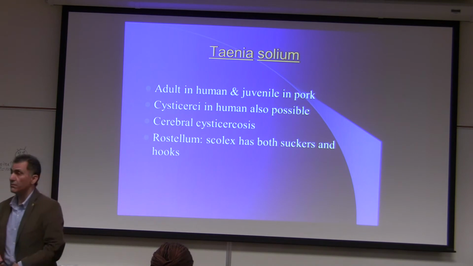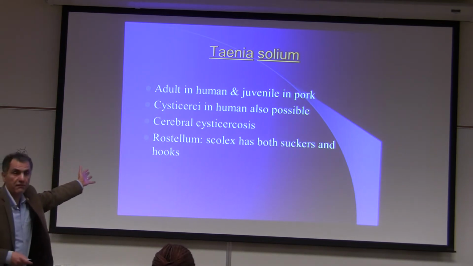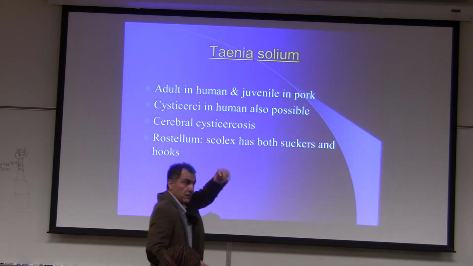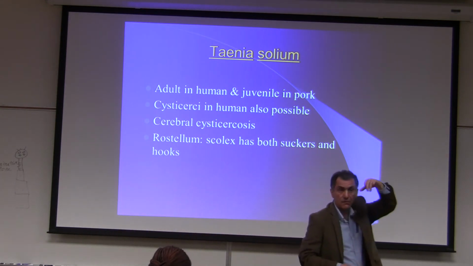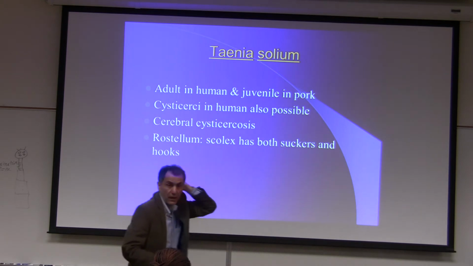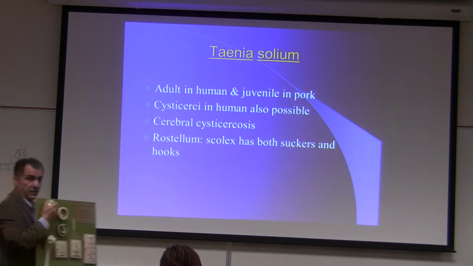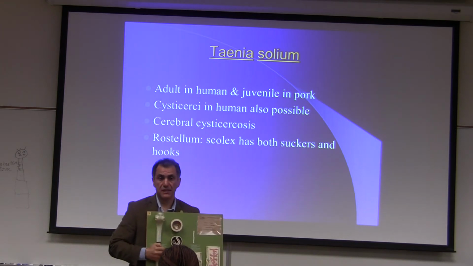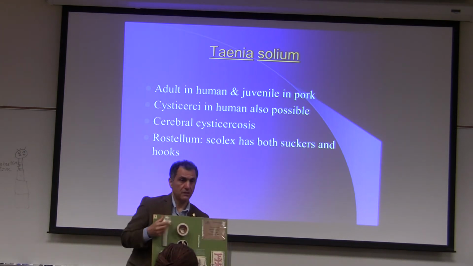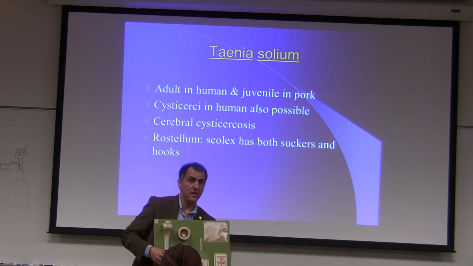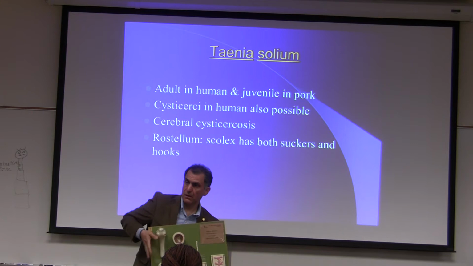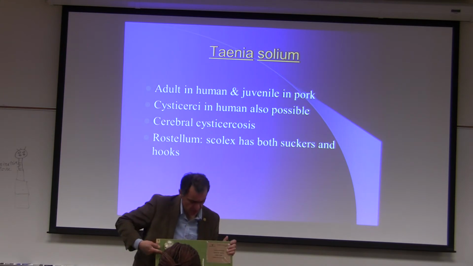Here we go, Taenia solium. There are differences. I talked about one of them. Taenia solium has hooks and suckers, but Taenia saginata does not. We do have a model that shows that. Let me bring it up. This model shows you the top one is the scolex of Taenia solium, and the bottom one is Taenia saginata. Hooks and suckers, four of them, versus only suckers, right? And then the rest of the anatomy is pretty much the same,